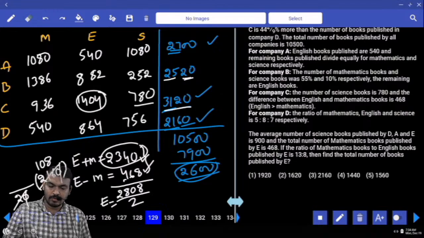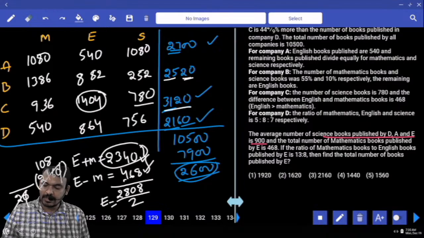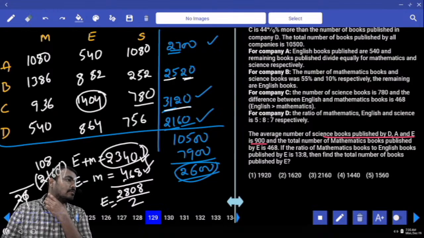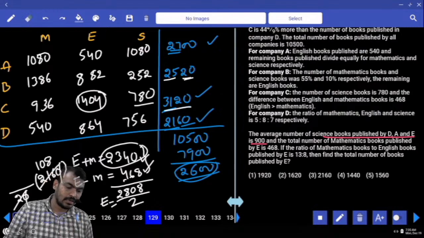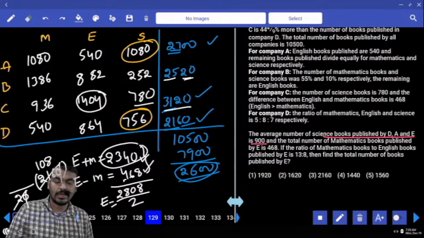Find the total number of books published by year. First, the D, A, E science average is given as 900. Average 900 means the sum is 2700. Out of 2700, we already know the D science books is 756 and the A science books 1080. Both are adding